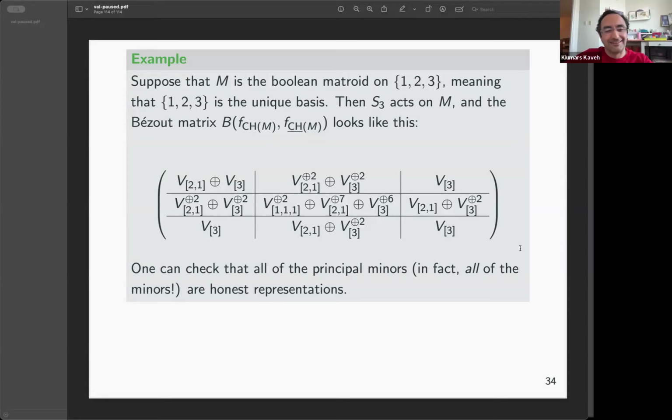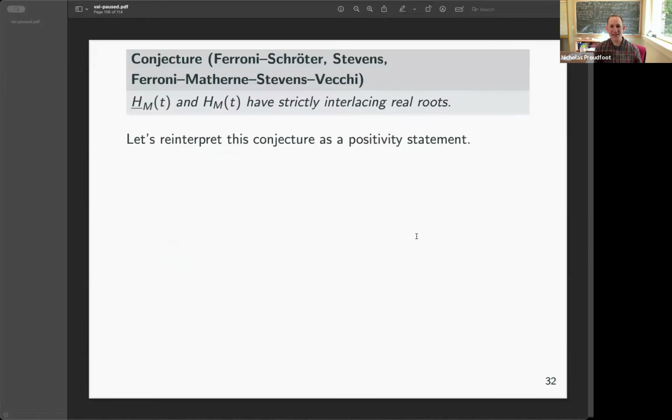That's all. Yeah, thank you. Sorry, may I quickly ask, is the total positivity part of your conjecture, or do you think it's only a coincidence for this simple example? I guess I'm not sure. I have not yet seen an example where total positivity doesn't hold. So maybe I should go ahead and say it's a conjecture, but somehow the conjecture here is the non-equivariant conjecture about strictly interlaced